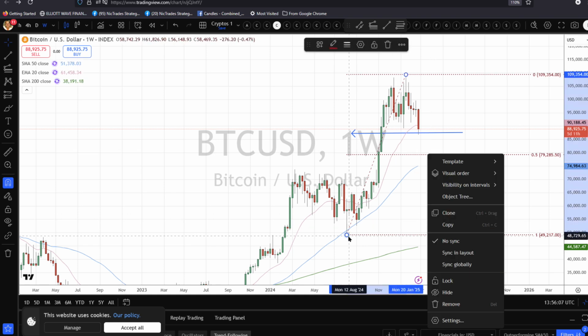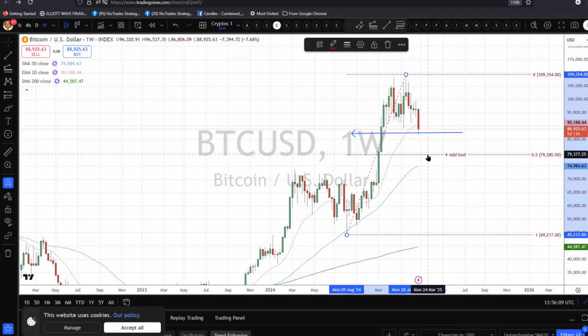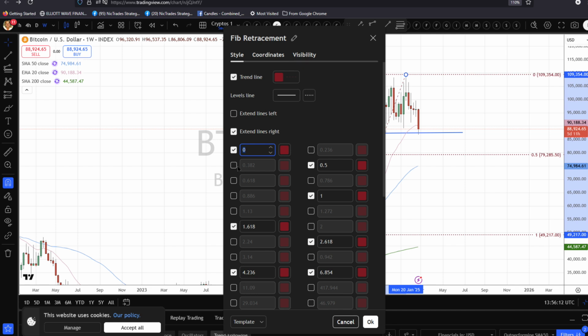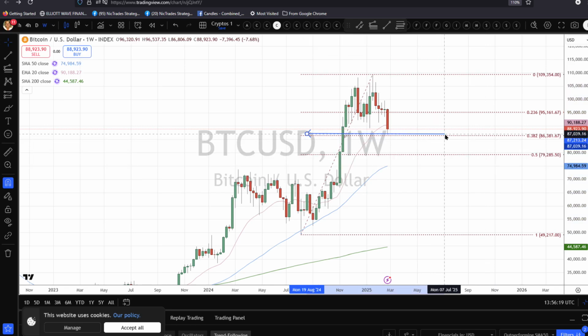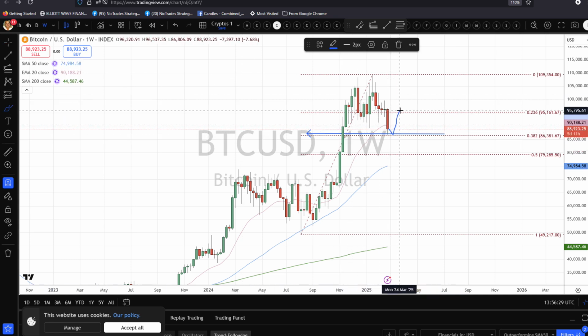So if we draw our fibs from this low to high, I would also say that this is a 38.2 retrace level. Because fibs are a little bit lower, 83.6, 38.1. So if we have a little bit of a dip lower and we hold 83.6 on a close, I wouldn't be surprised if we see a bounce like this. And where might we bounce back to? The middle of this range and 95 would be my first target, if we get a bounce. Again, I don't think this is the moonshot to new highs,